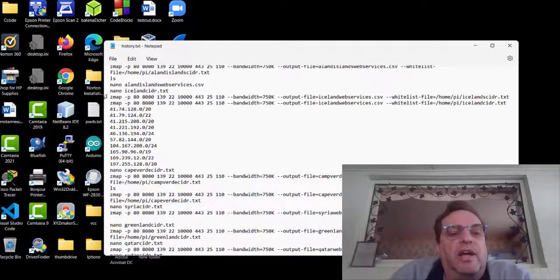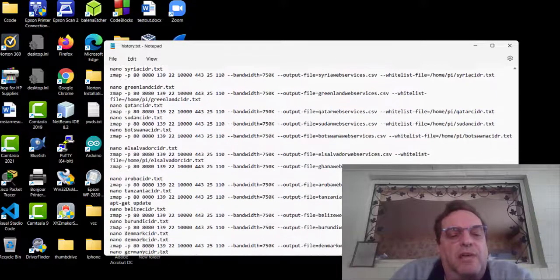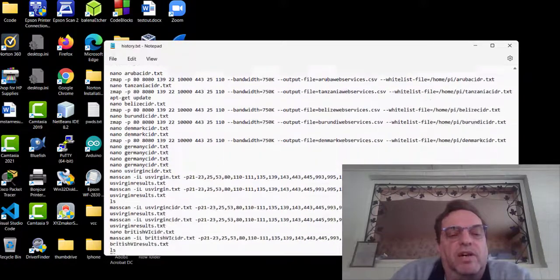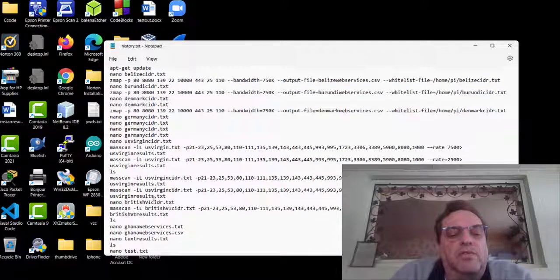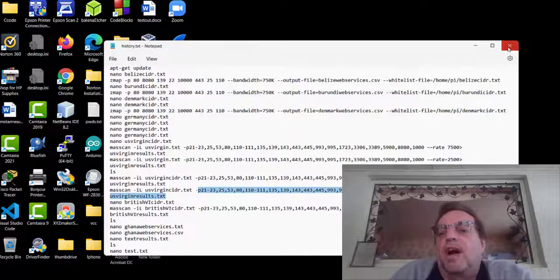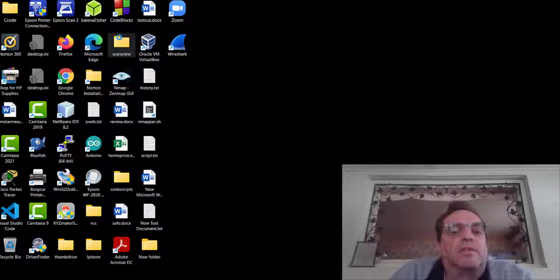Zmap is even faster than Nmap. It's kind of similar. You can look up all these terms on the internet, but Zmap is even faster than Nmap. So I'll go out, I'll look for active IP addresses, and then I'll use a tool like MassScan, which is a tool you can find on the internet. Down here you can see where I was doing MassScan, and I'm looking at all the different ports here, looking for services, and then I just save that to a file. Then what I do is I take that file, which is up here,